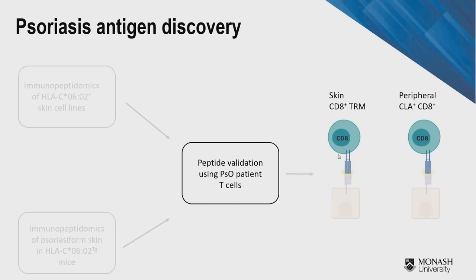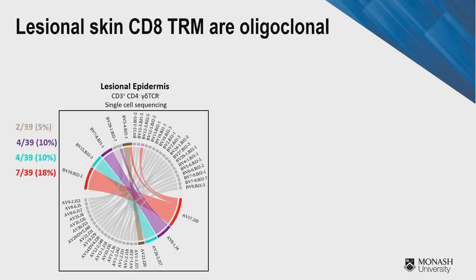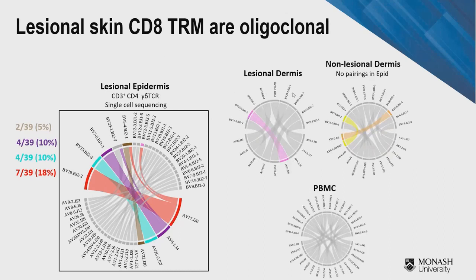So what we could do is take skin tissue resident memory T cells, but also peripheral cutaneous lymphocyte antigen positive CD8 T cells, and then analyze them in single cell TCR sequencing. And what we find is that in the lesional epidermis, we have oligoclonal expansion, which is a sign of antigen-driven expansion and antigen-specific expansion. And this is very particular to lesional epidermis because neither in lesional dermis, nor in non-lesional skin, nor in PBMC do we see those clones. And this is where we're at